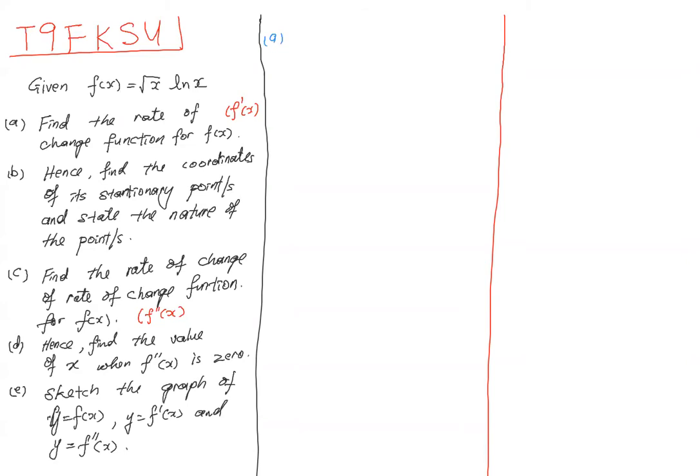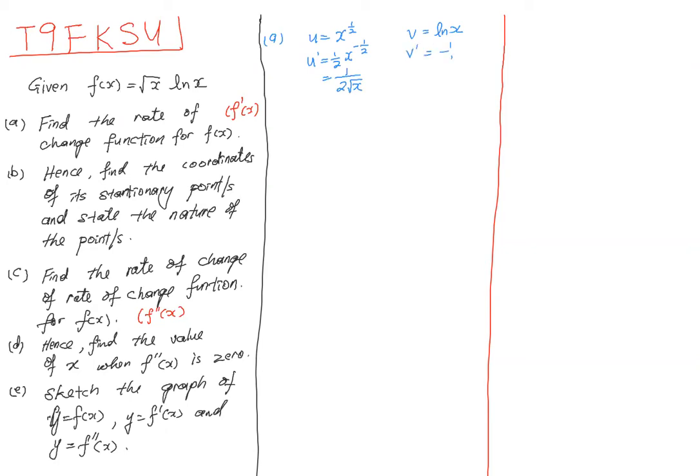Okay, so your u is x to the power half. Your v is ln x. So your u prime is half, bring down the power, take away 1. So it's good to write it this way. V prime